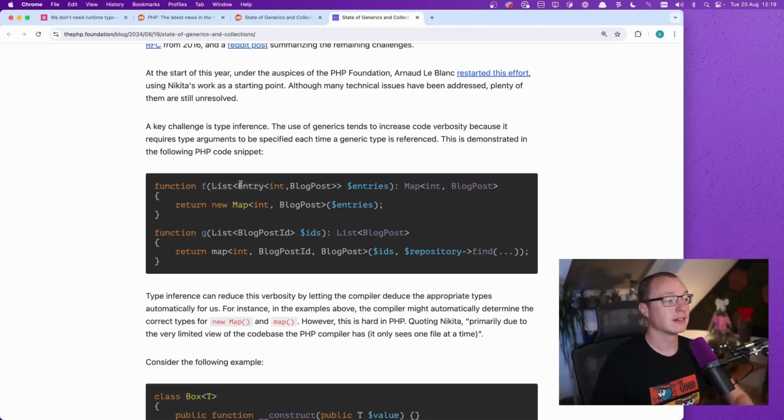Honestly, in my opinion, entry shouldn't be here at all. It should be just list of int block post without the entry in between. So yeah, it will return a map of int block post, and then this is where the type inference